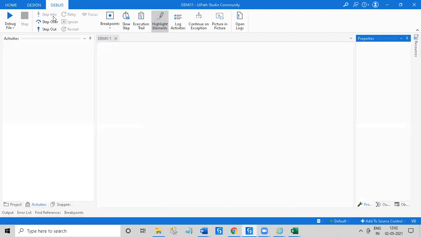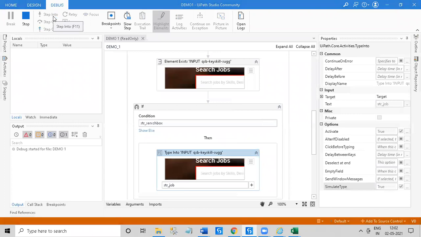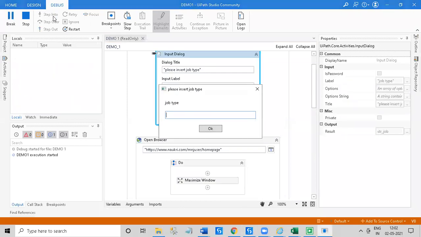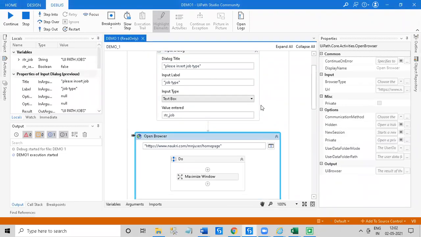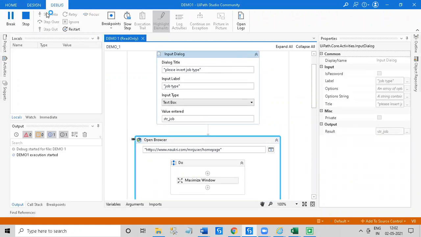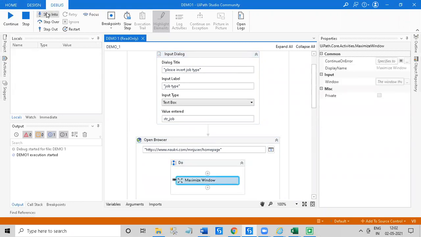Again, I will show you. Look, if I am passing UI Path job over here, UI Path job is going to be saved in str job. This variable which we are keeping, it is going to be saved here. After that, it will launch the browser and maximize it.